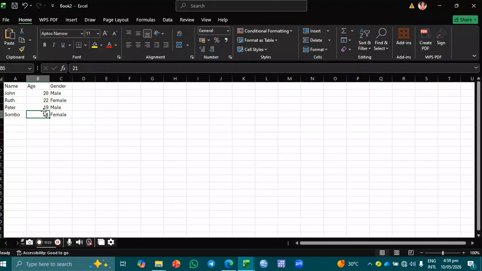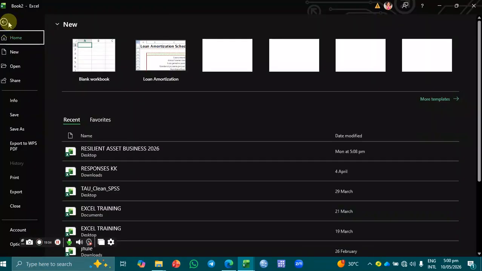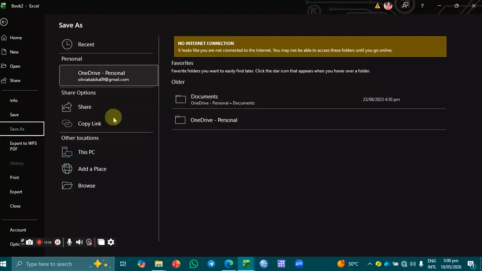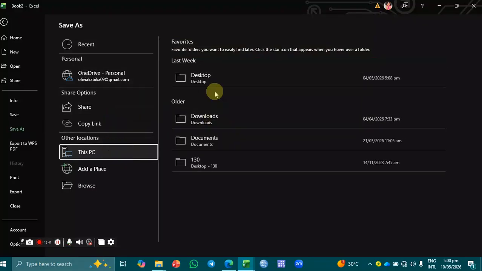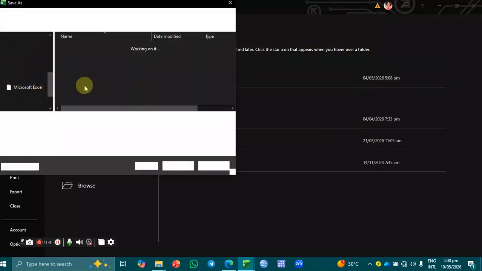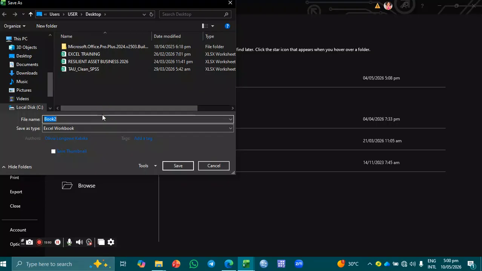Now, how do we save our data set before we can analyze? To save the data set, let's say you are called or you want to go somewhere and you want to continue later. You come where there's file, then you come here and save as. I'll save it on my desktop so that we'll continue later on. So to save, we come here and save as